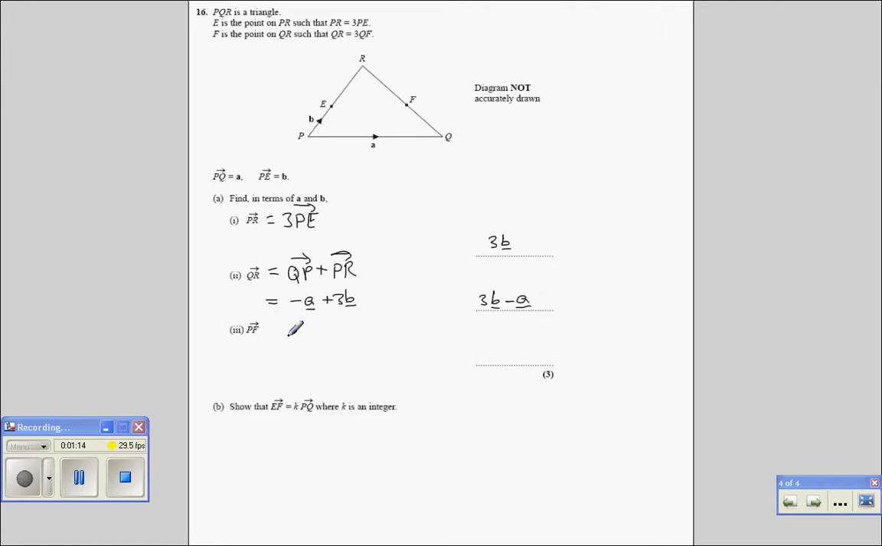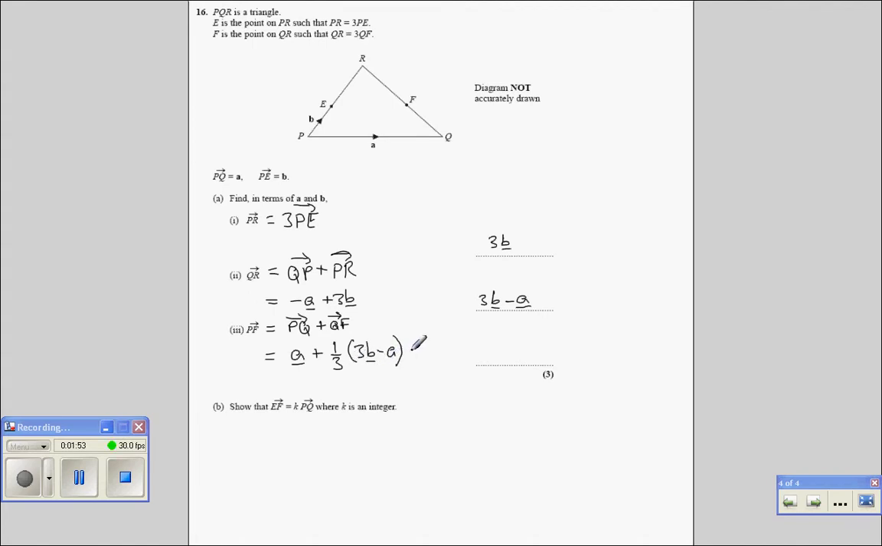From P to F, I'm going to follow a path P to Q, then Q to F. P to Q is A, and Q to F is 1/3 of Q to R, which is 1/3 of 3b minus A. Expanding the brackets and simplifying